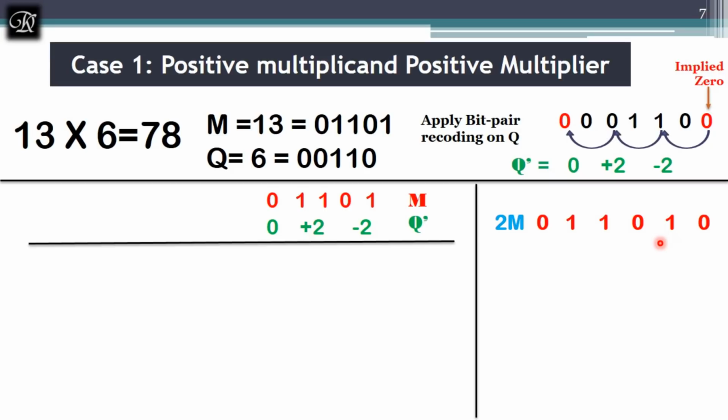How to get this 2M? Either you multiply it by 2, or the simple technique is, you can see here this is 1, 1, 0, 1. You ignore this part now, don't consider it. Only consider 1, 0, 1, 1, 0, 1. This is 0, 1, 1, 0, 1, which is 13. So add an additional 0 at the LSB, and that will become 26. For any number, if you want to double it in binary, add a 0 at the LSB, and it will become double that number.